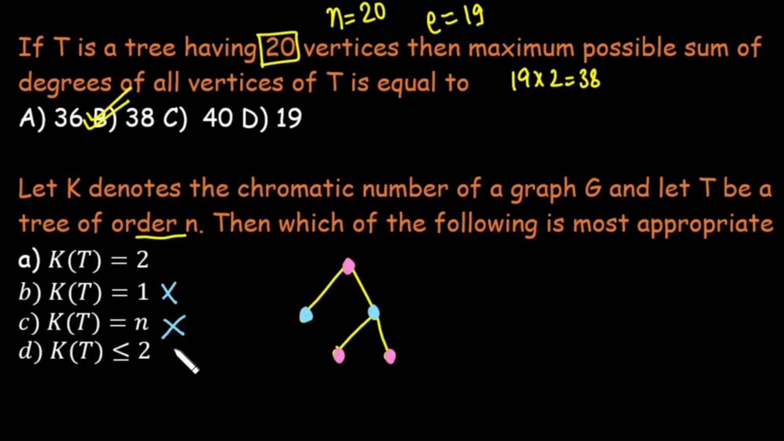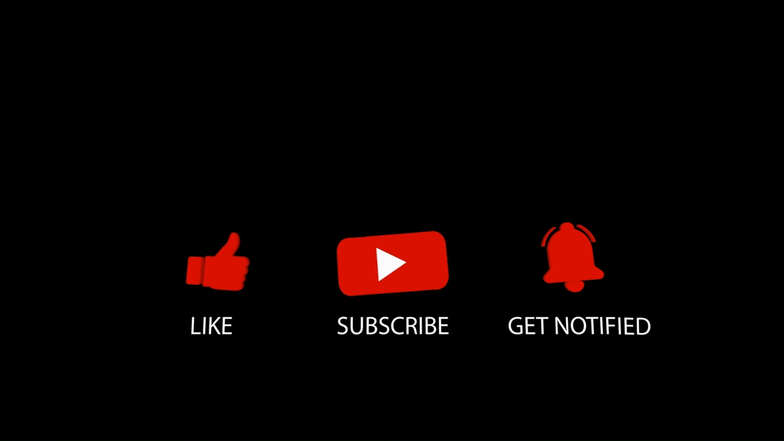Now the answer is either A or D. If you construct any tree with more than one node, definitely the chromatic number is 2. But there is an exceptional case. Suppose we have a tree that consists of one single node. The total number of colors used in this case is 1. So overall we can say that the chromatic number is always less than or equal to 2. It can be 1 or maximum as a